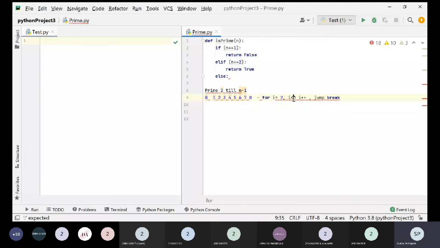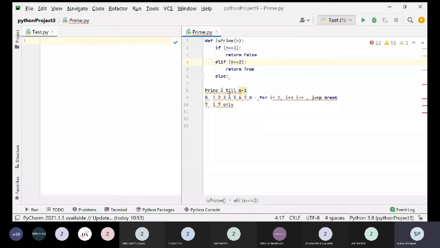Why I'm not iterating till n is because any number, even if you take a prime number, for example 7, is having only 2 divisors, one is 1 and the other one is 7. So every number, be it a prime number or non-prime number, is divisible by 1 and itself. But the exception with the prime number is that it is divisible by 1 and itself only. That is the criterion. So you needn't check for 1 and itself. You need to check through the other numbers from 2 till n minus 1. That's actually the logic I am adopting.